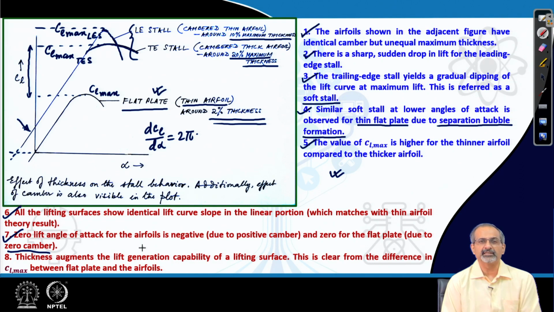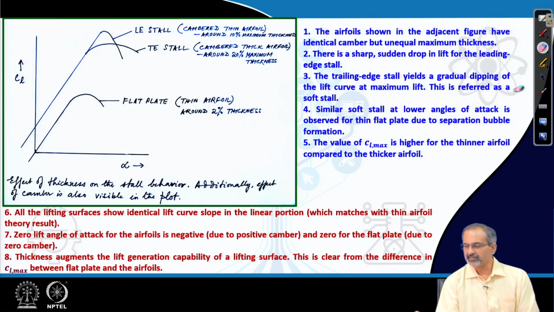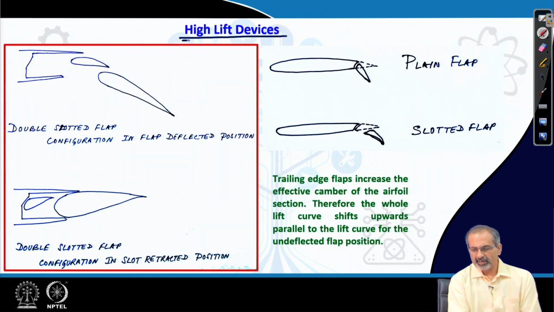Thickness augments the lift generation capability of a lifting surface. This is clear from the difference in CL max between flat plate and the airfoils. So, we have some very interesting findings over here based on the difference in the thickness. We also got to see the effect of camber once again through the difference in the zero lift angle of attack and the consequent offset of the lift curve. Let us go into high lift devices